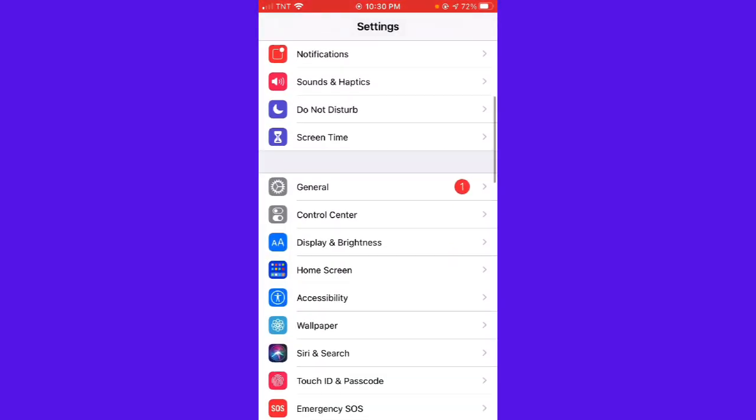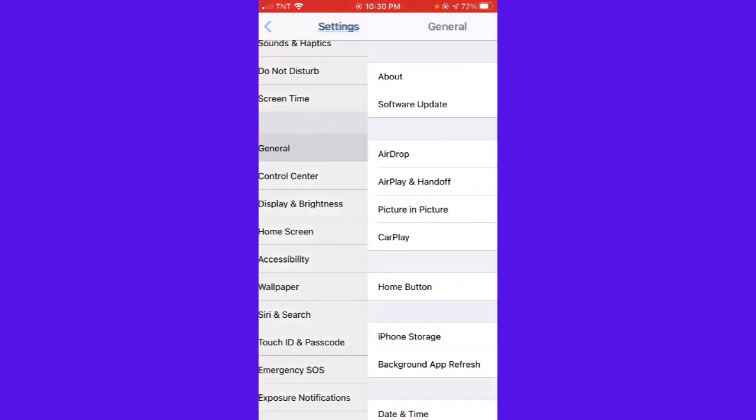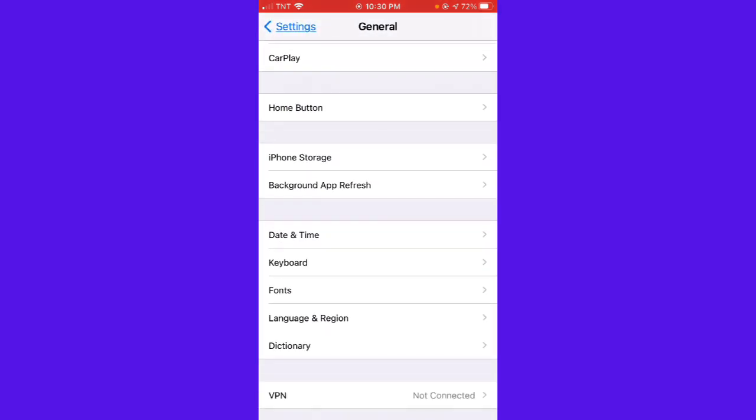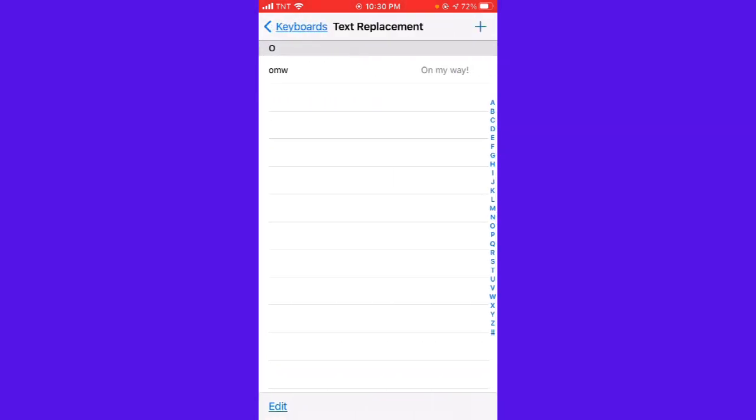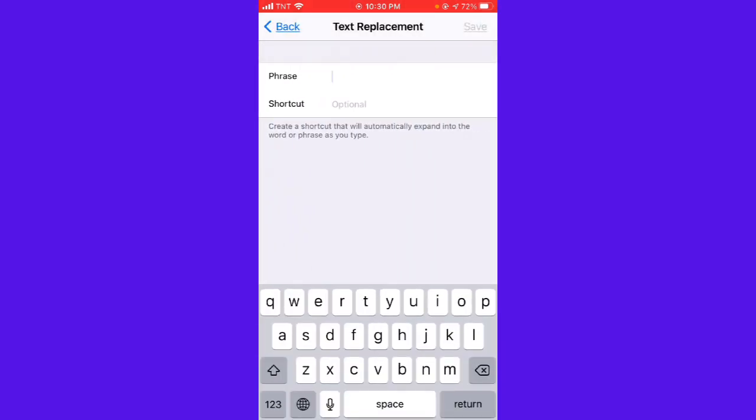After you go to your settings, you want to go to General, and then here, you want to click on Keyboard. And as you can see on the keyboard, there is a text replacement section. So you just want to click on that and click the plus sign on the upper right side of your screen. And then after that, you just want to paste the symbol that you copied earlier, and then choose any